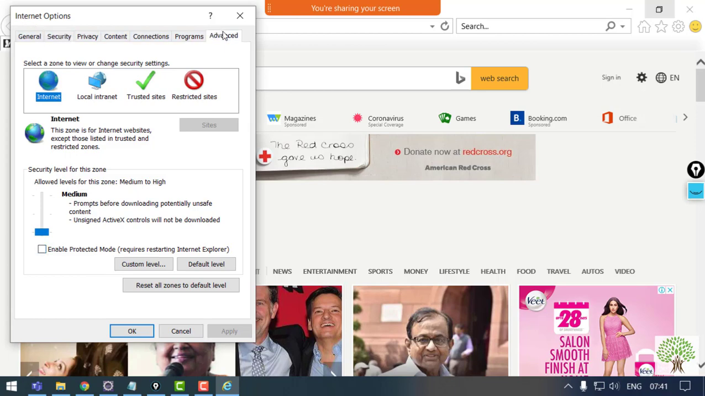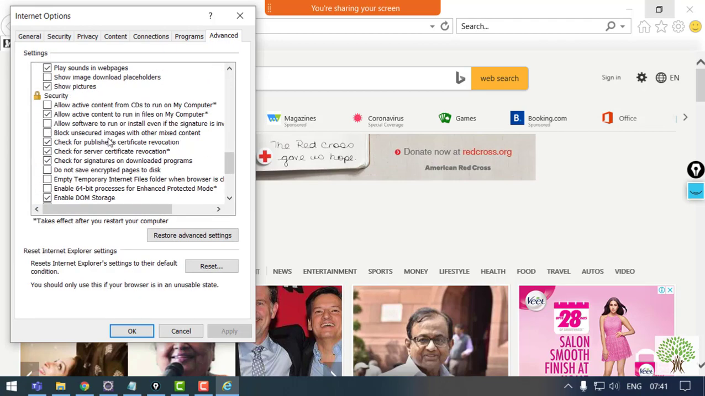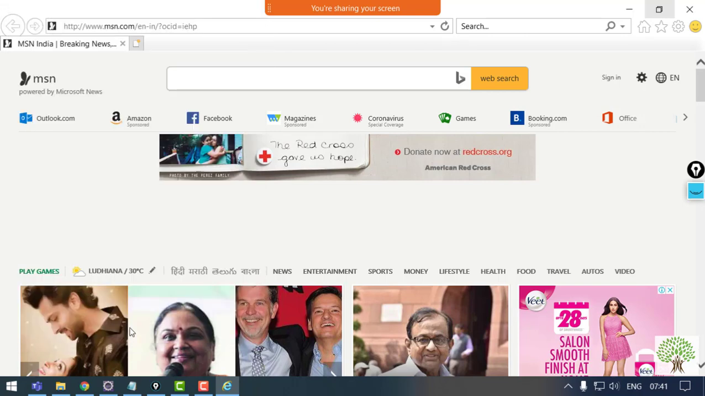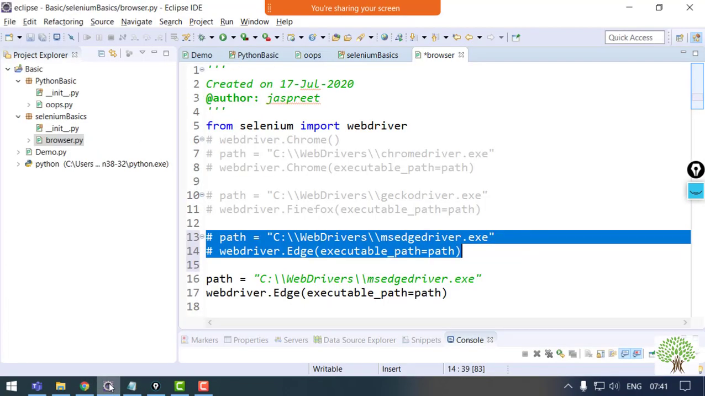Then in the advanced tab, you will find a checkbox in the security tab over here. And you need to check the checkbox allow active content to run in files on my computer. You need to check this checkbox. Fine. After that, just apply the changes and click on OK. All the changes are done, then you can move further and you can run your code to open up the Internet Explorer browser. Okay. So over here,